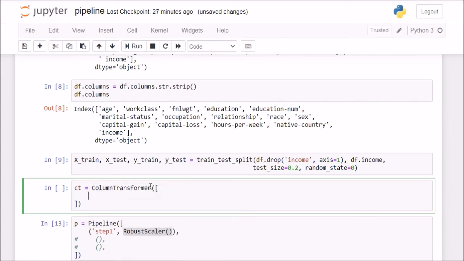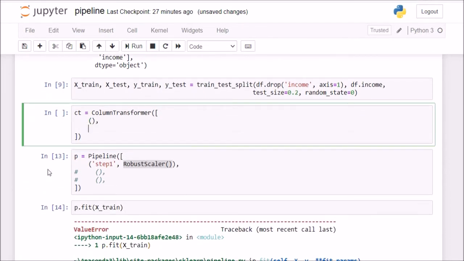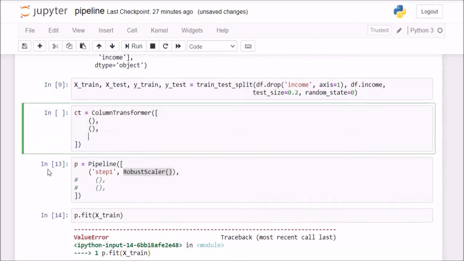Now it is also expecting a list of tuples, as many tuples as we want to pass. So the first tuple, I'll name it step 1, and first I want to apply robust scaler on which columns?